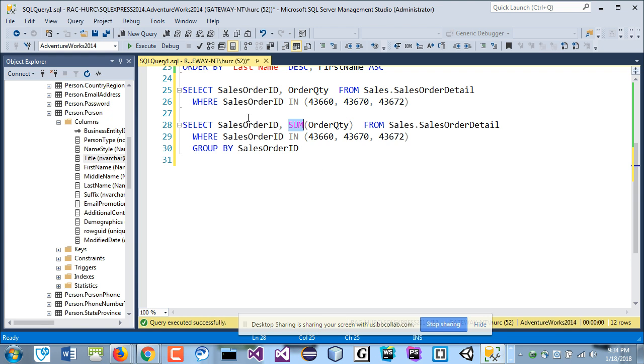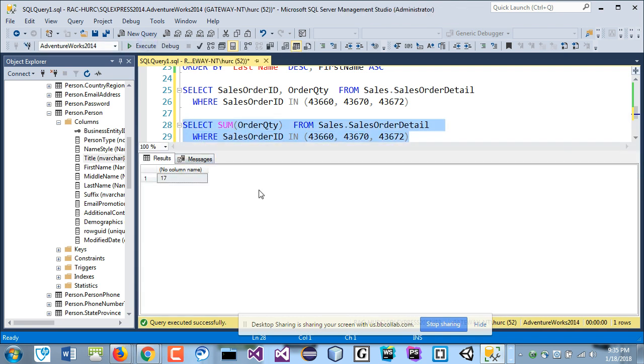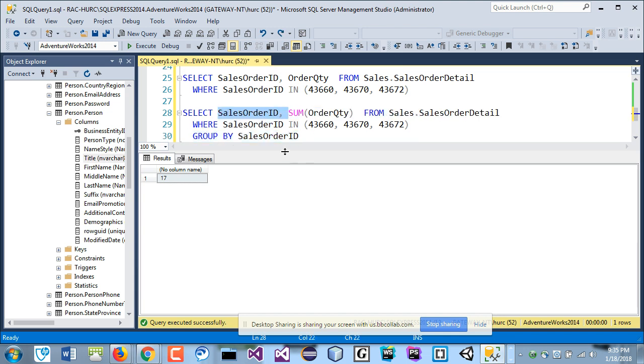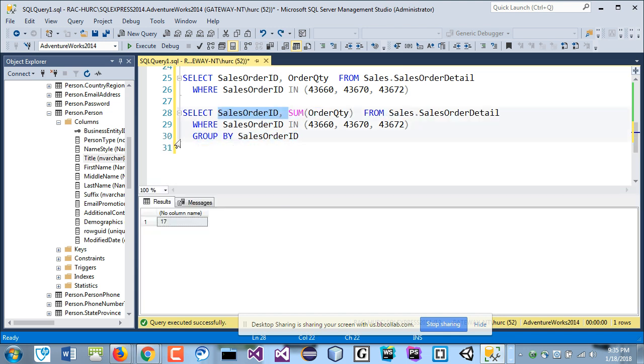Now, if I don't include this field in here, if I just do this, then I don't have to use the group by clause. Okay, I think that should be fine. But again, if you do it this way, it doesn't really give you a lot of meaning because it tallies everything in that order quantity and sums them up, right? If you want to break it down to each group, then that's what you put, based on the sale order. And if I don't use this, if I comment this out,